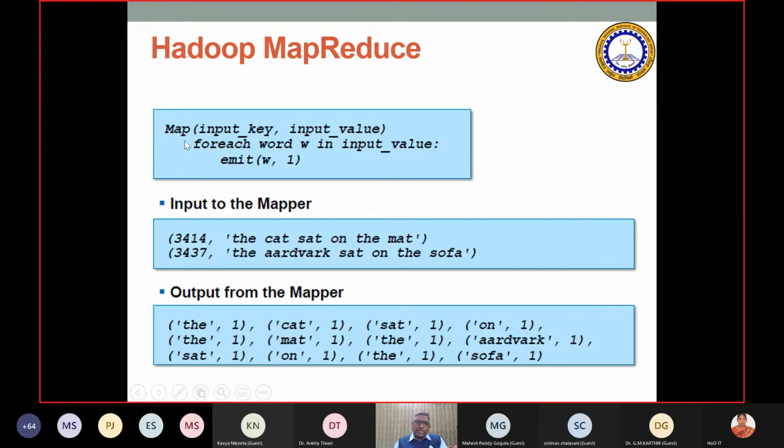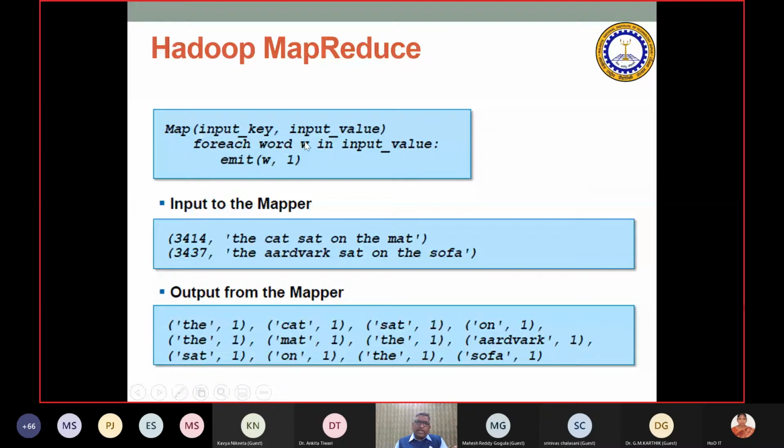And usually in Hadoop, the input is taken as a key value pair. It is called a key and value pair, right? So for each word W in the input value, here we are giving a key and a value pair. What is the key? The key is the line number, maybe, and then there is a value. The value is a string of words, right? So every line, a string of words is given. So what you do is take that input value, and for every word in the input value,